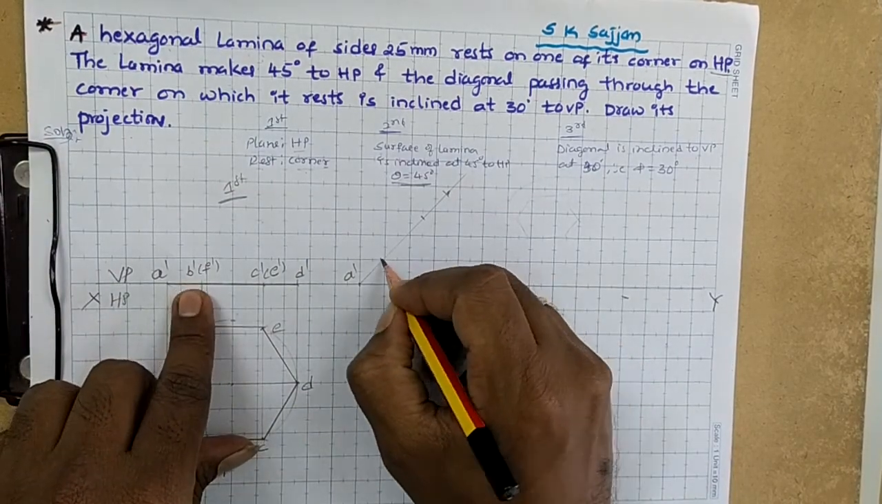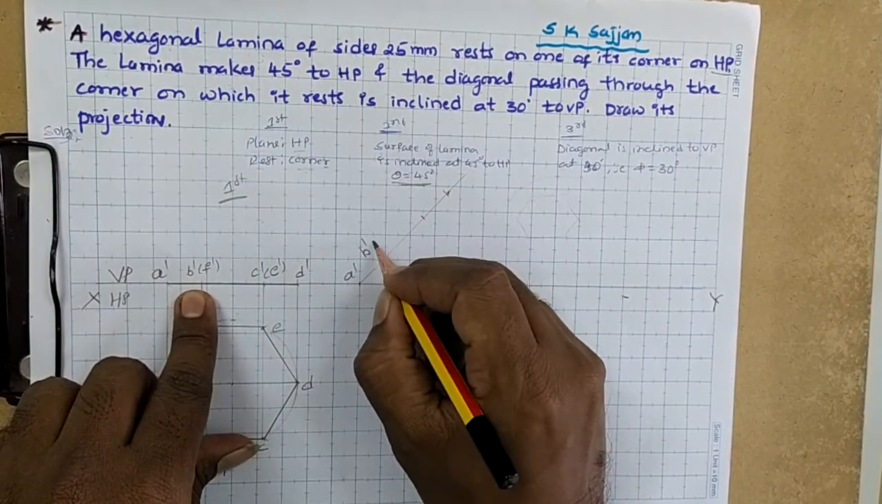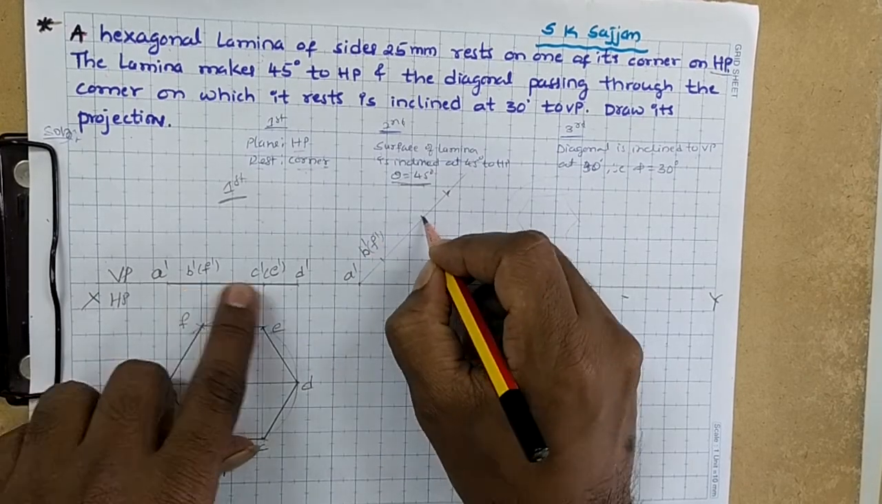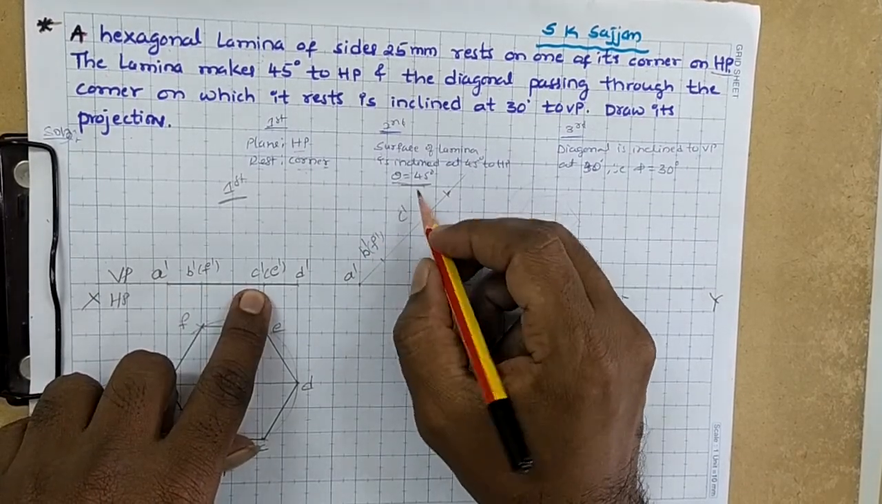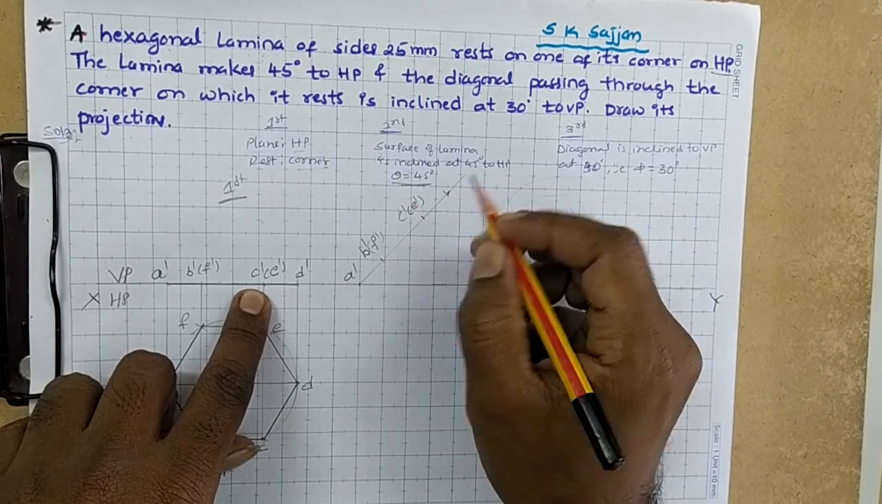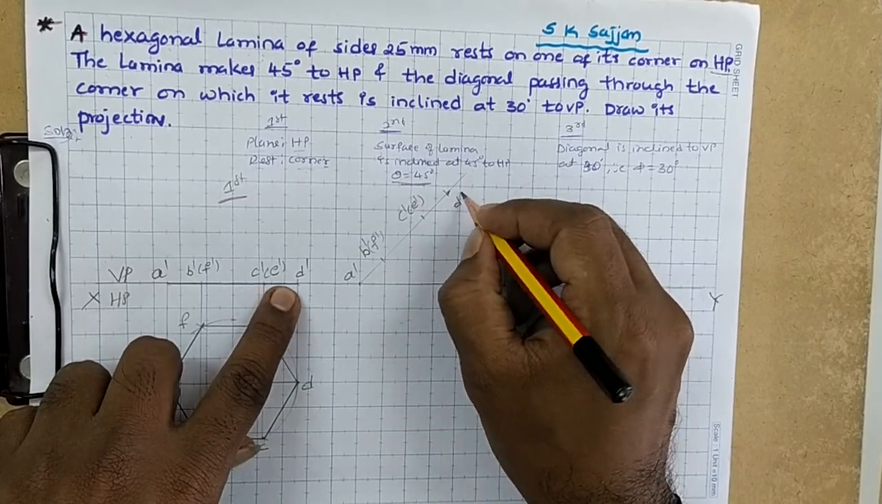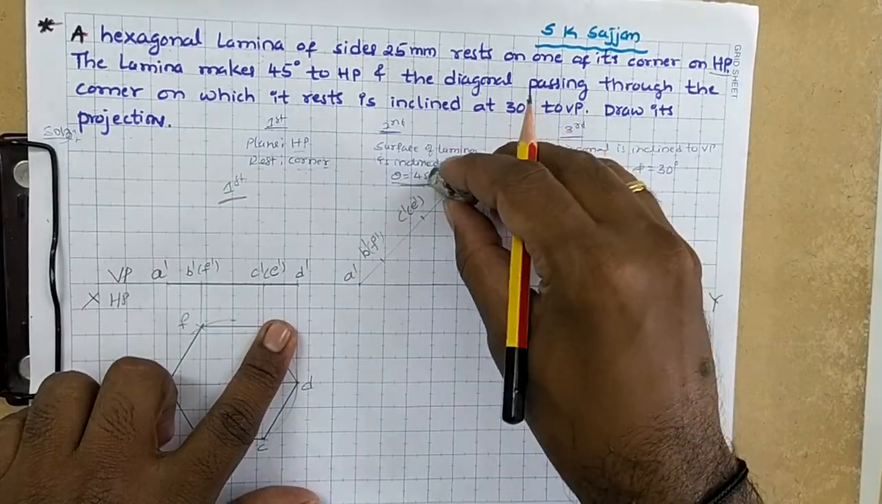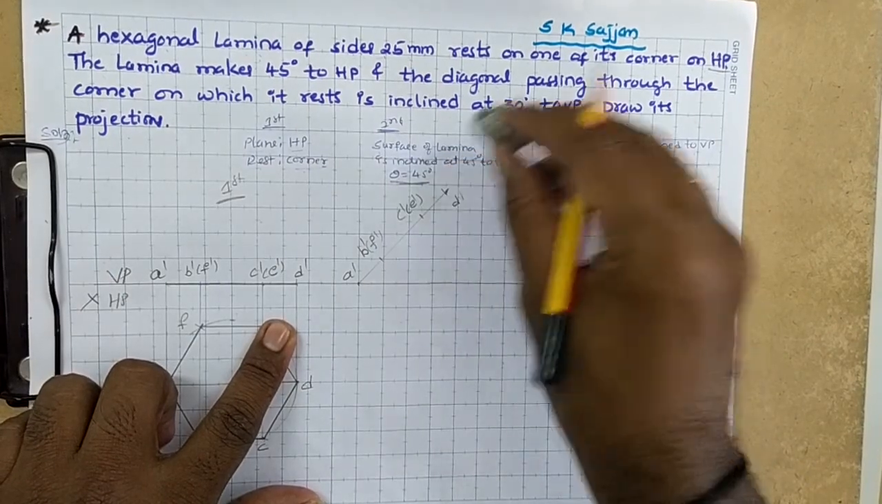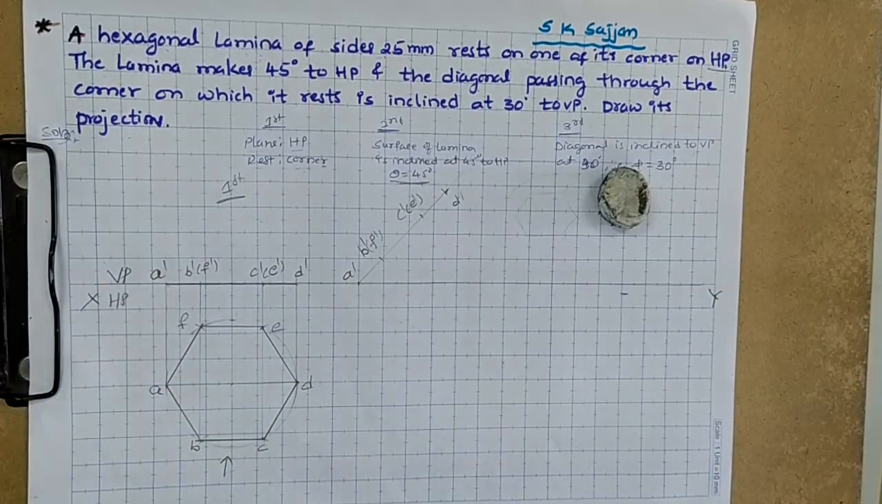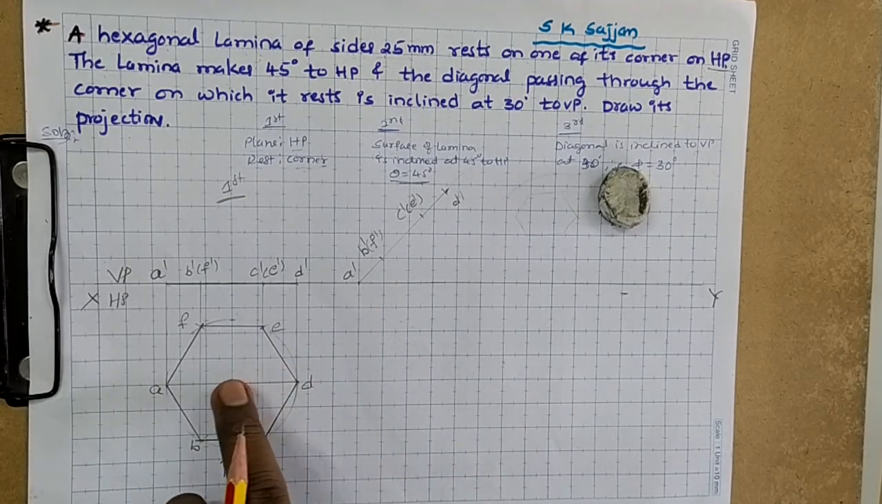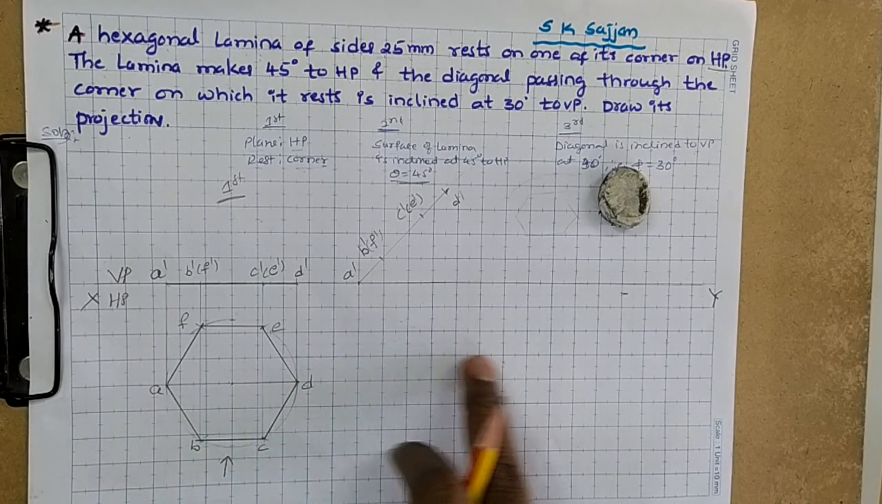This point is named B dash, bracket F dash. This point is C dash, bracket, and this point is D dash. I will erase the extra point. Okay, now I want to draw the top view by projecting all the points of the previous top view horizontally